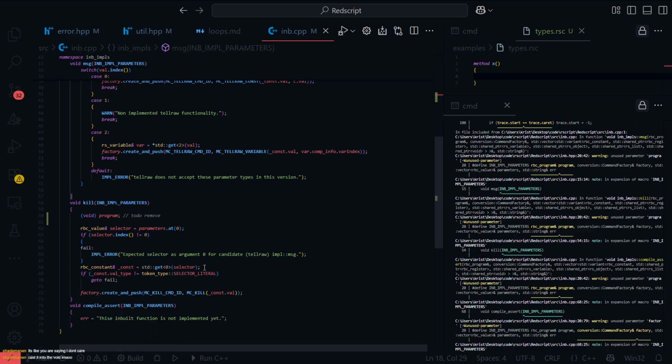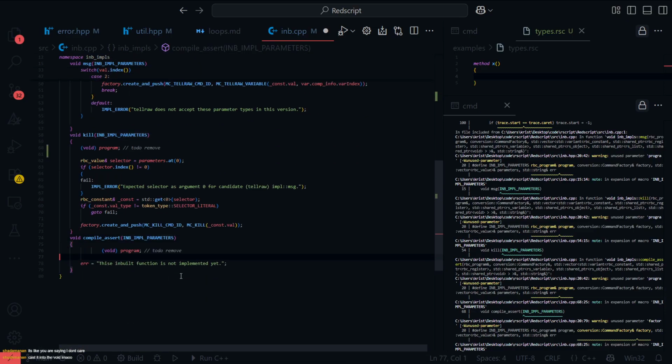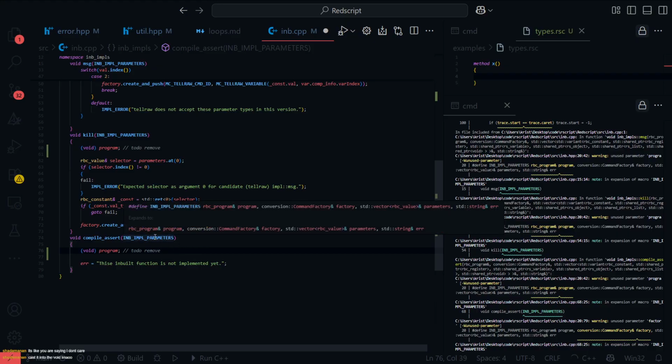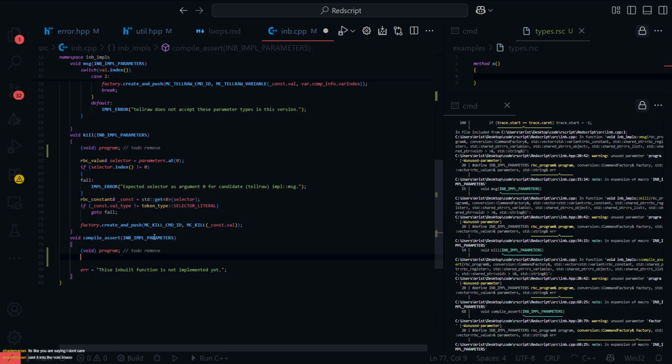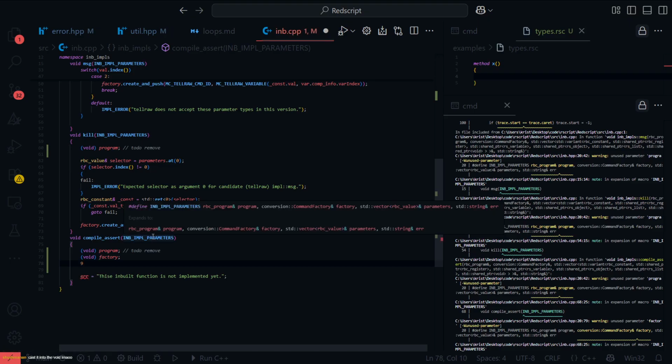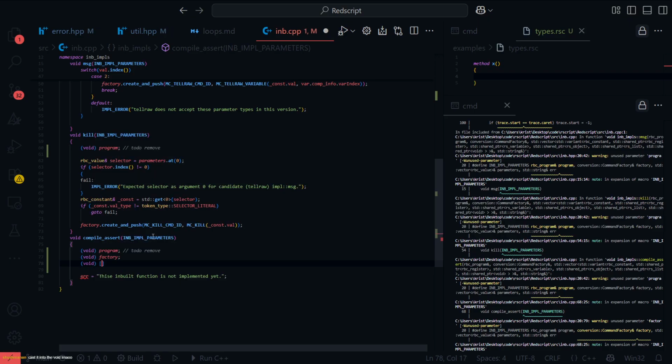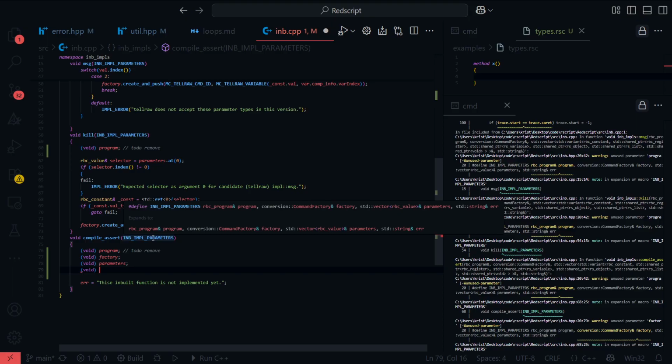Oh yeah, and also in compile assert. Okay, grand. But then again, compile assert uses none of these. So void factory, void parameters, and void. It's because I just haven't implemented this. And void.